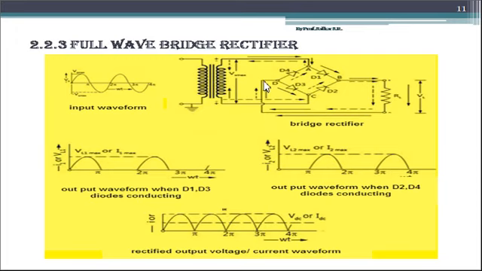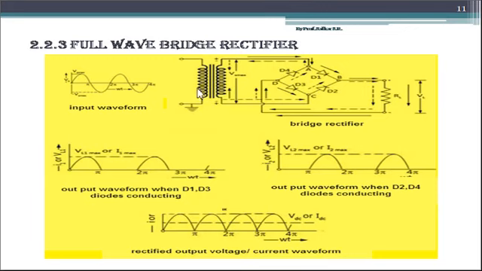From here it goes to the point D, from point D it goes to D3, making D3 forward bias, and from point C it travels like this, and again it follows its original path. This is how the cycle is repeated until and unless the input AC signal is going to this circuit. This path gives us the waveform due to the forward biasing of D1 and D3, which are shown in this particular waveform. Now, the next path is created by a negative half cycle.